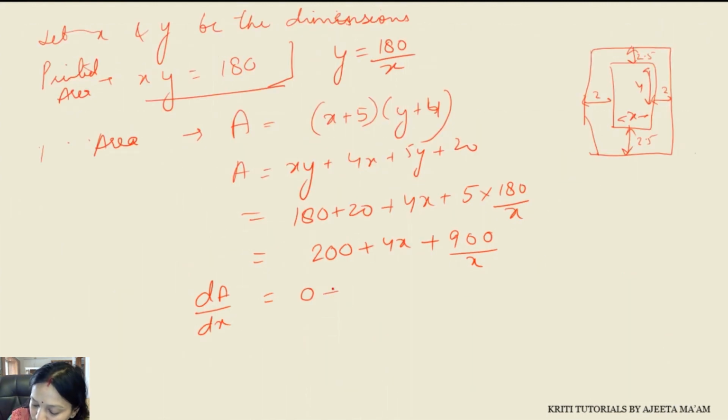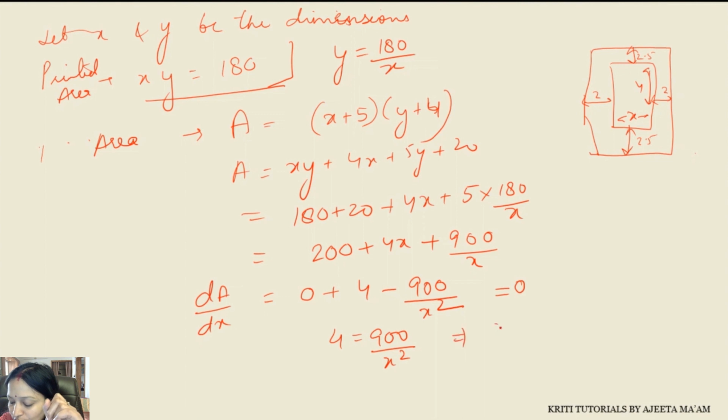So derivative of this, derivative of this, what is the derivative of 900 upon x? 1 upon x ka derivative according to power rule, right? So this is what we get. Now we will equate it to 0 for finding the critical points. So what will you get? 4 is equal to 900 upon x square. So what's your x square? X square is,